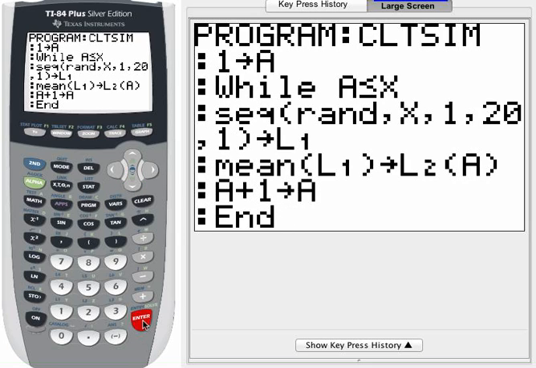So let me explain what this program does. I'm going to go over here to the bigger screen. So the initial value of A is 1. While that 1 is less than or equal to the value of x that I entered on the screen, let's say I entered 5. What that 5 represents is the number of sample means that I want the calculator to create and store for me. So if 1 is less than or equal to 5, which is a true statement, this command right here